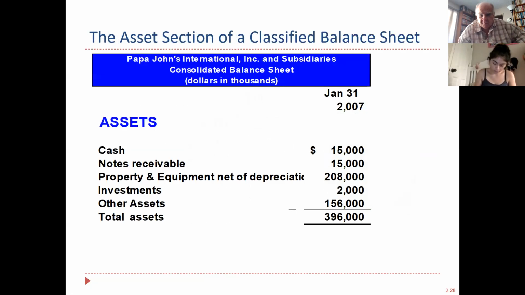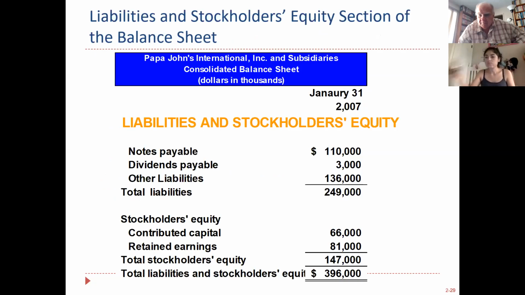Here's another look at their balance sheet at a different point in time. Again, it's in thousands. So at this time, they had 15 million in cash. Assets equal liabilities plus equity. Liabilities, notes payable, money we borrowed that must be paid back. Notes payable is a written contract with all kinds of stipulations and interest rates and penalties. Accounts payable, there's no written contract necessarily.